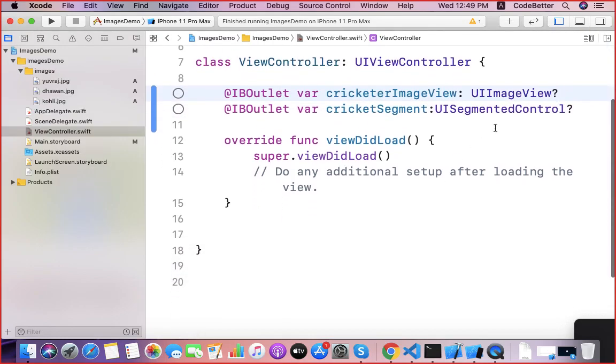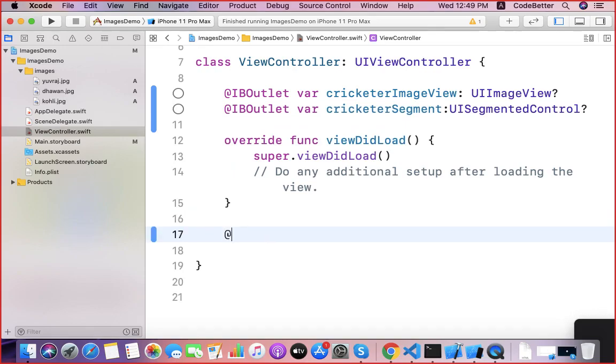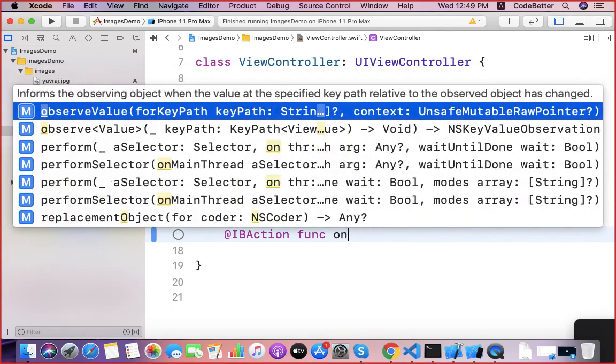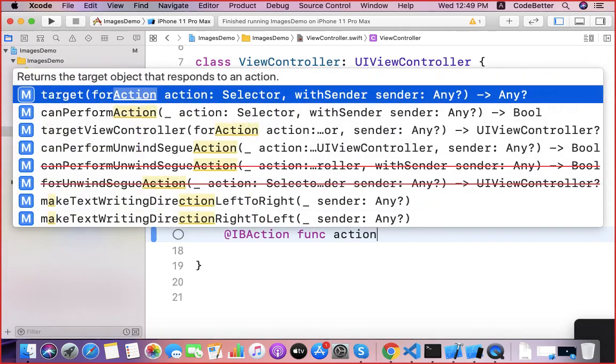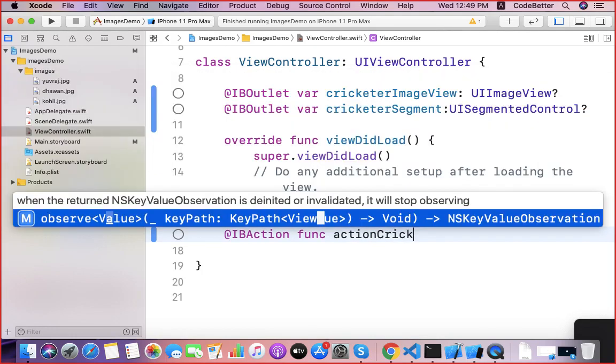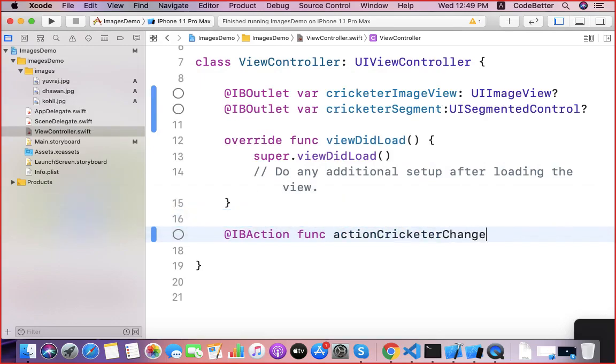Now we want the image to change on change of this cricketer segment. So we create an action for this segment: IBAction cricketerChange. This action function will execute when the user clicks on the name of the cricketer.